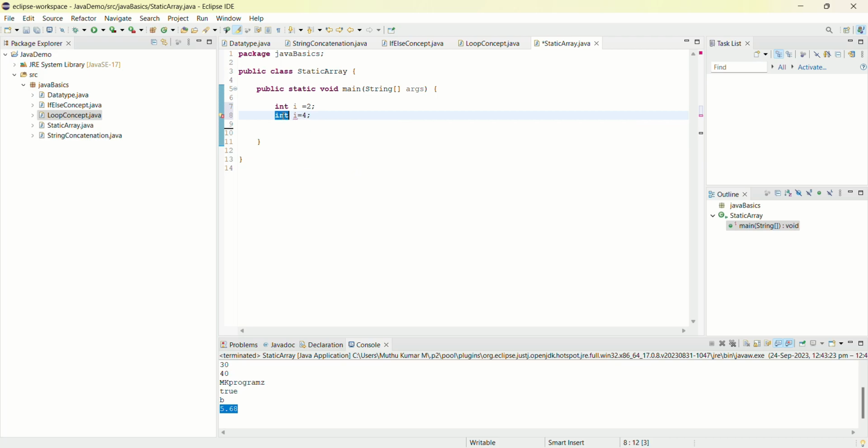So if I delete this int, it will allow. Which means it will update the value of i to 4 instead of 2. Initially it is 2, right? We can update that, but we can't initialize again with the same name. But if I need to store 4 or 5 data in the same variable, then we need to go